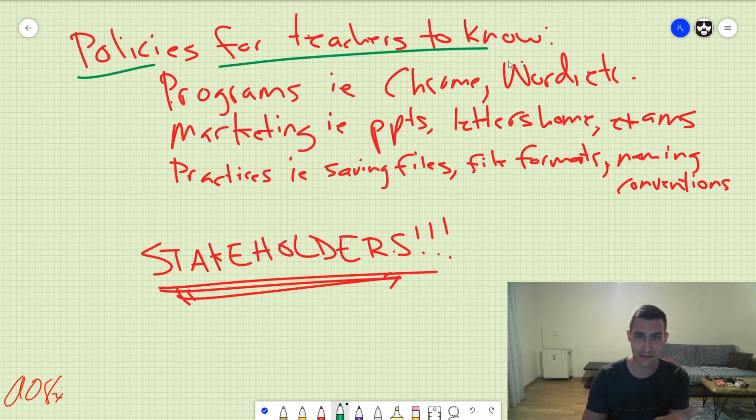We need policies that make sense, that the stakeholders are involved with creating and want to buy into, that we can use every day. So this isn't just good for existing teachers, but it's especially good for new hires as well. And with this current COVID situation going on, it would save us so much time and frustration and headache to give us guidance. So you can already see some of the stuff that I got listed here.